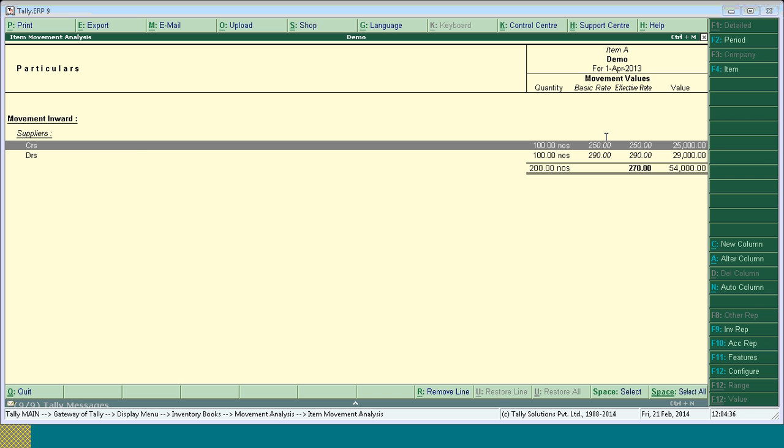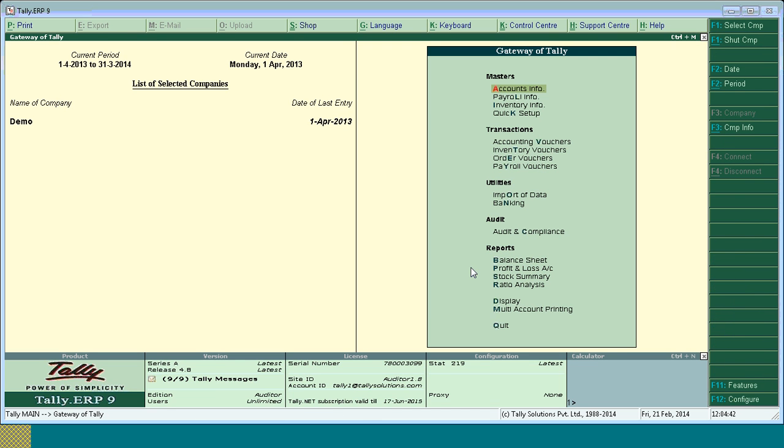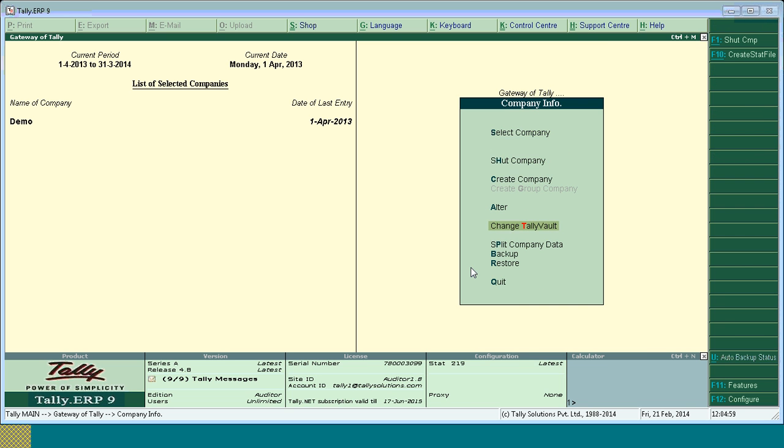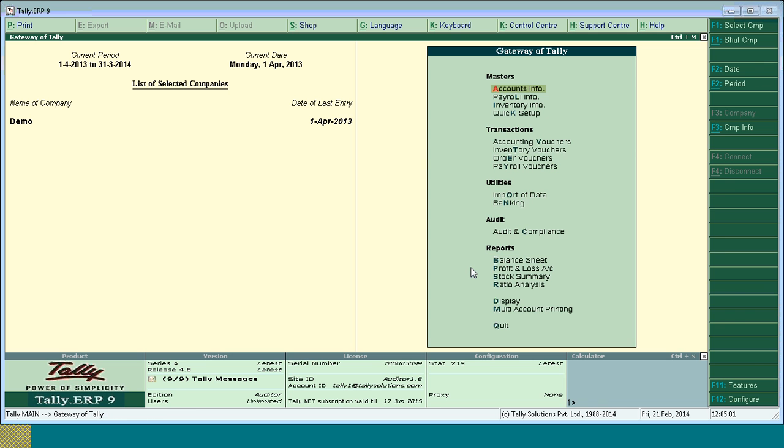Yes, Ms. Aarti, I'll just repeat the Tally Vault once again. So Tally Vault password, when you enable it for a company, the company will be in encrypted format, so that when users see the company list, the financial year and the company name will not be shown. It will be encrypted, so that nobody can know the company name or for which financial year you are maintaining the data. I'll show you the feature from gateway of Tally, Alt F3,